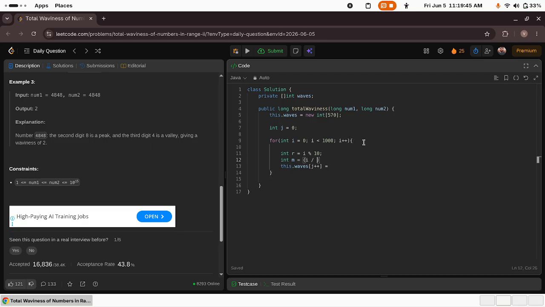I divided by 10 mod 10. Int L will be what? I divided by 100 mod 10, because I want 3 digits. This is my right digit, this is my middle digit, this is my left digit. Now